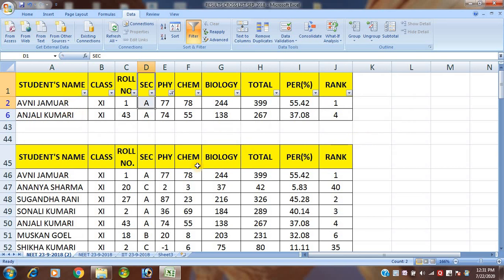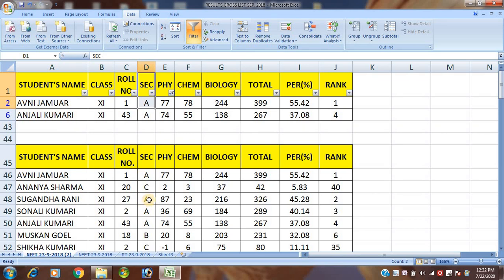You see, 2 records have been selected. So in this way we can apply the custom filter. This is the process to apply the custom filter. Before applying the custom filter, first of all you make the Excel. After that you apply the filter. From the filter you click on the custom filter. Is that clear student? So in this way I have completed the custom filter.